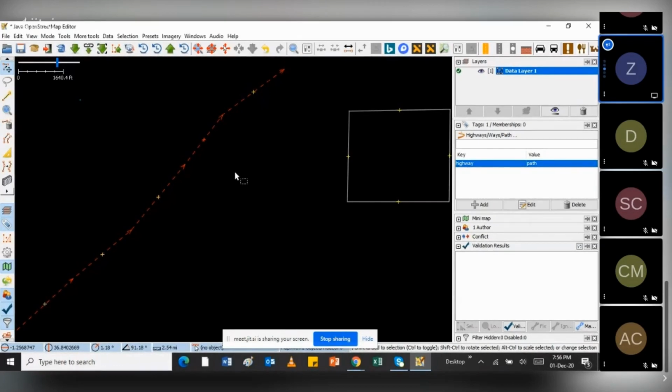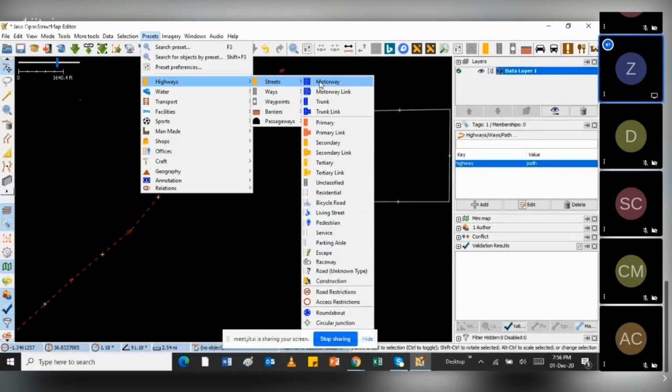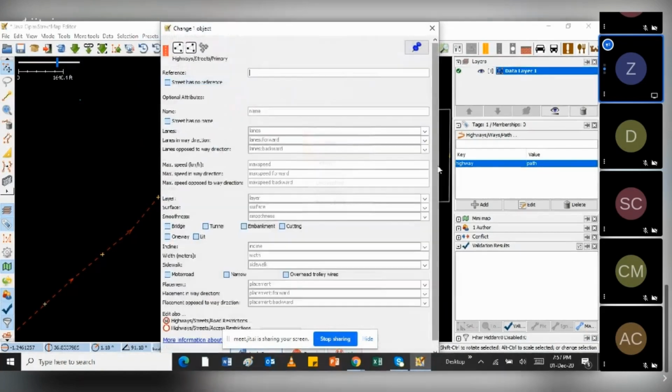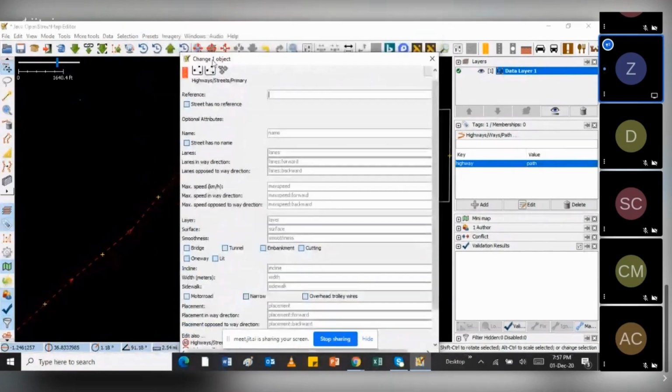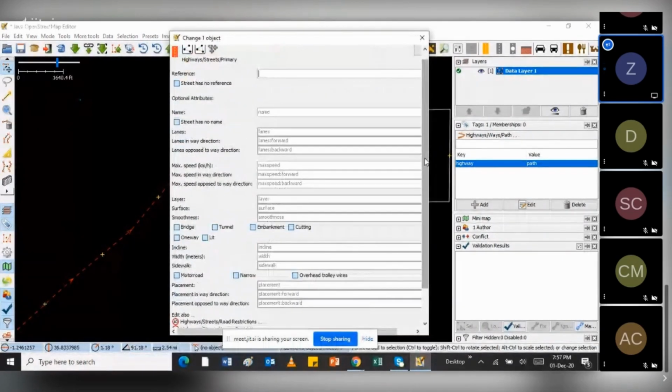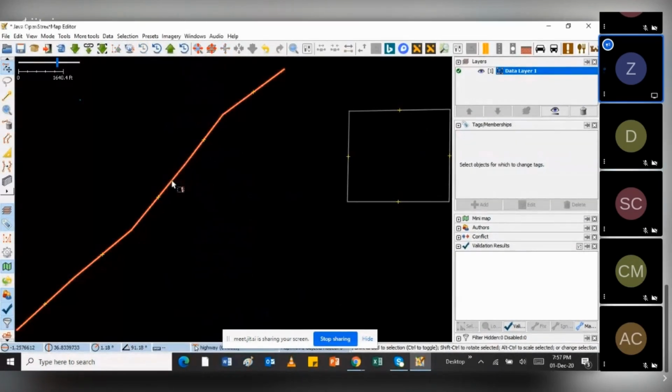If I use something different, then we'll demonstrate that. So let's say this one was a primary road. Just select primary road, and you'll see the appearance will be a bit different compared to the one that I added before. If I click apply, you see this one has a different color, and also the stroke of the line, the width, is a bit heavier compared to the other one.